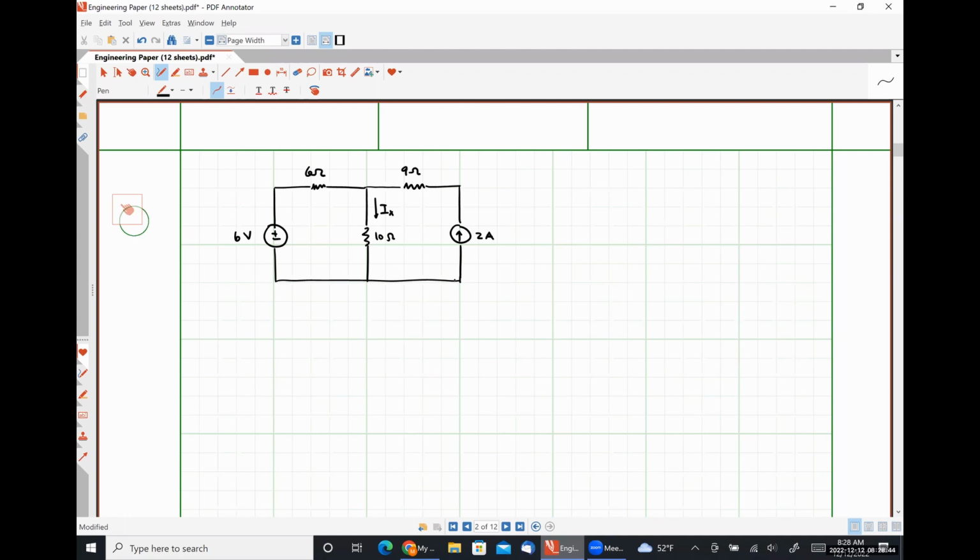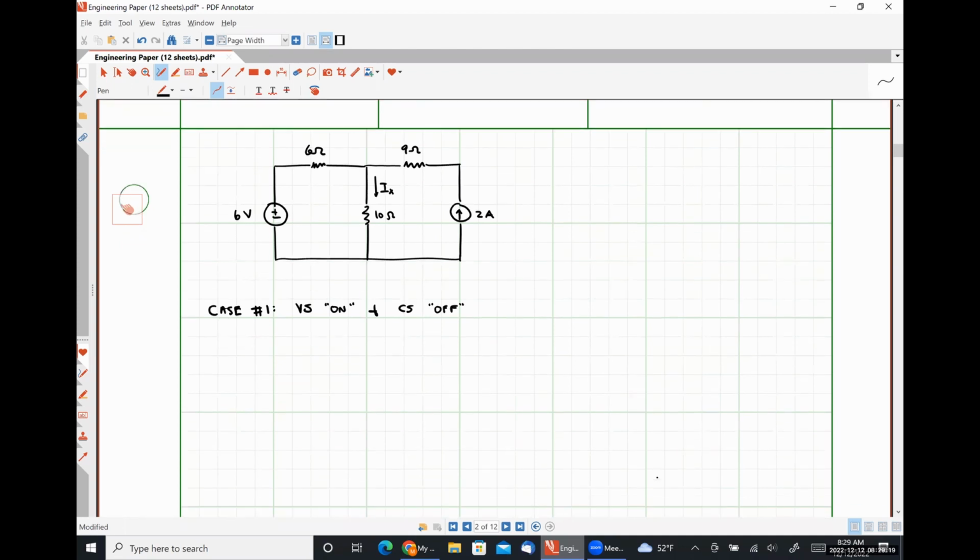So what the superposition principle really states is we can analyze this circuit with each source on by itself and then add the results together at the end and get the same result as if we had analyzed the circuit with all of the sources on at the same time. So I'm going to now prove that to you, okay? So our first case will be with our voltage source on and our current source off, okay? So our voltage source on,